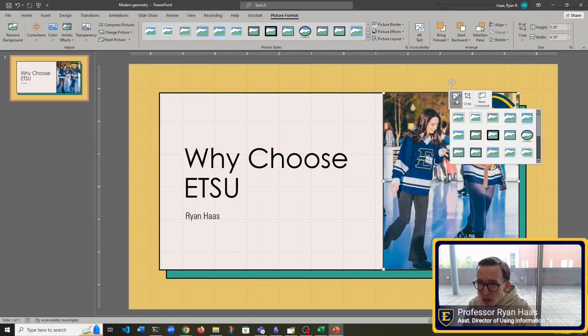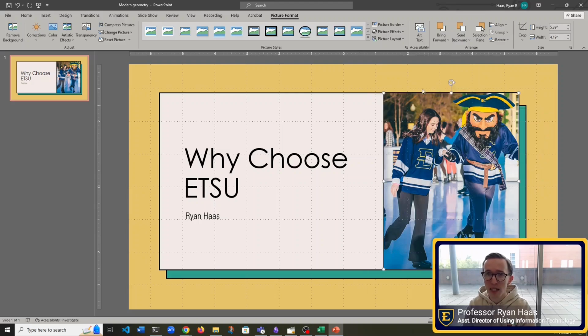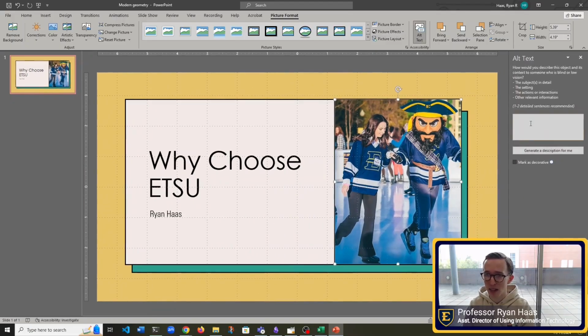Like if I go to style, I can create different borders around it. You can set different picture effects. And it's a good idea to always set alternative text to make sure we're being accessible. So I'll say Bucky and friend skating.